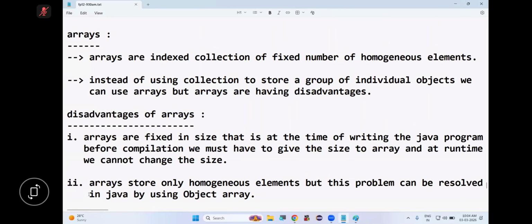Now, third disadvantage. So what is the third disadvantage of arrays? Answer me. The third disadvantage of arrays is,